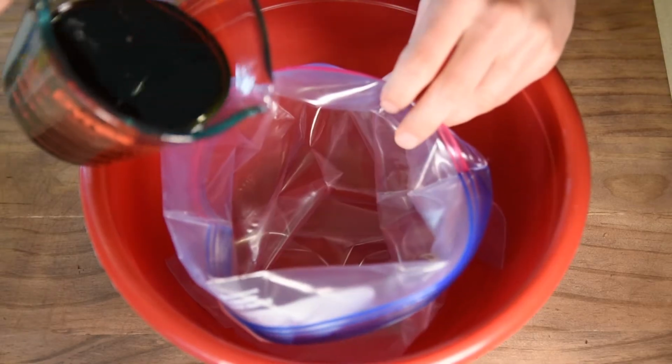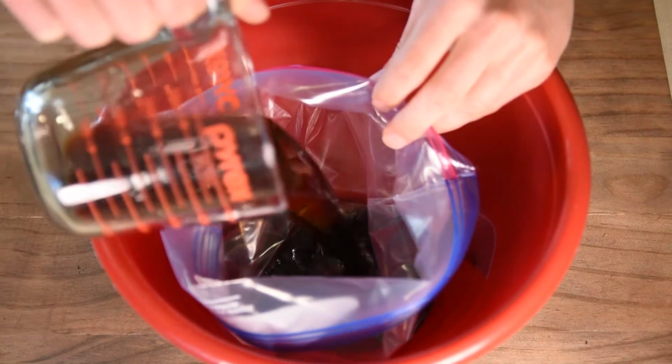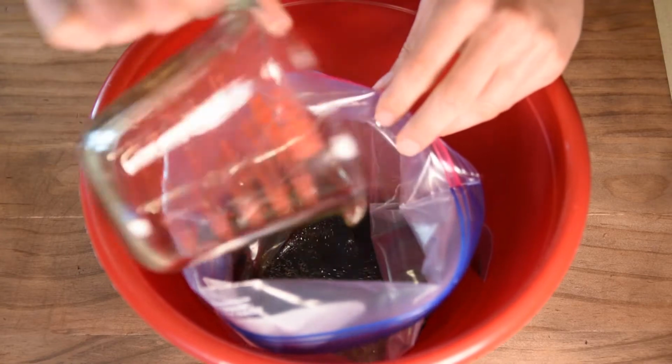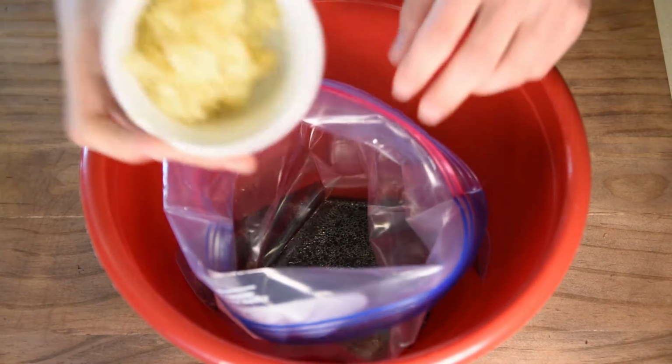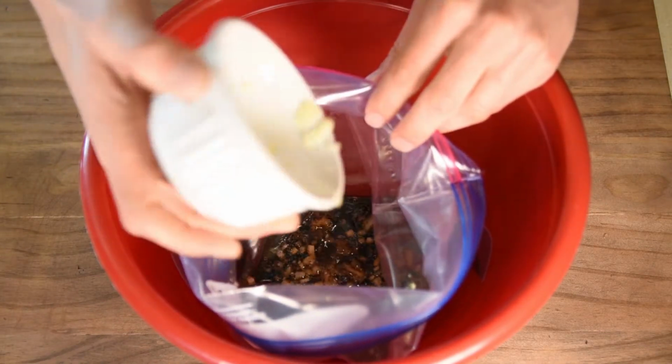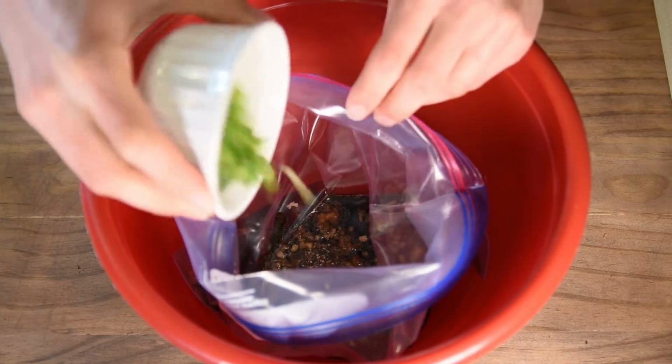For the marinade, add 1 cup of soy sauce, 1/2 cup of water, 2 tablespoons of rice vinegar, 2 tablespoons of apple cider vinegar, 2 tablespoons of sesame oil. Then add 1 tablespoon of minced garlic and 1 tablespoon of minced ginger, 1 teaspoon of ground black pepper, 2 or 3 chopped green onions,